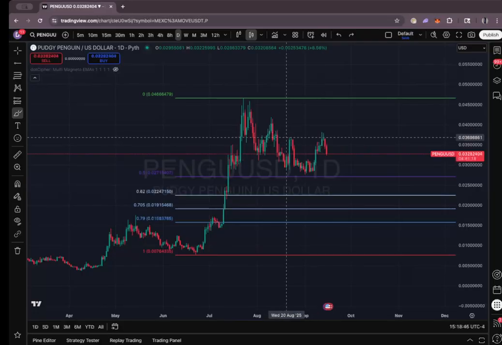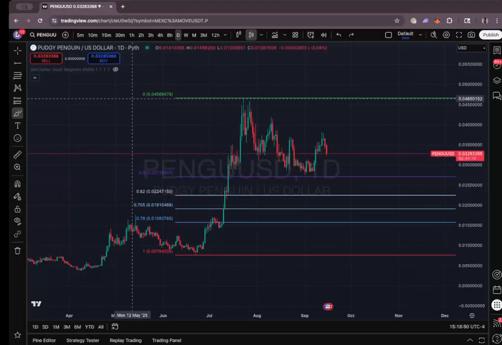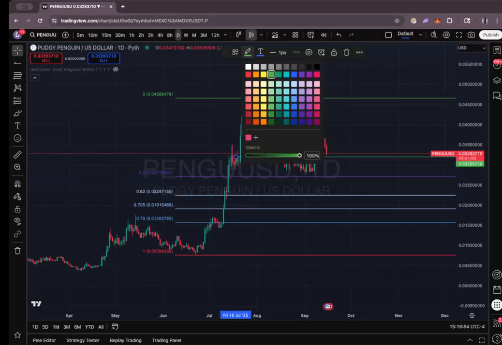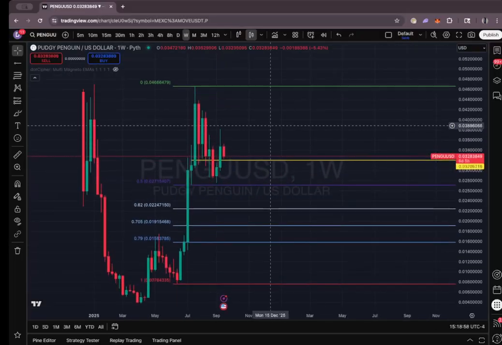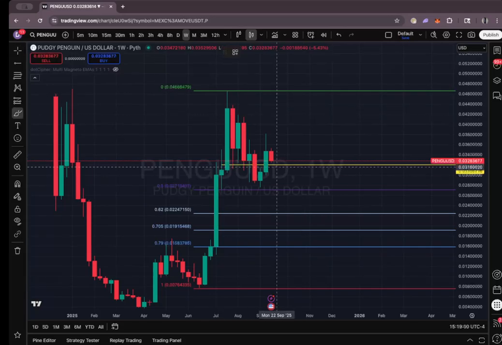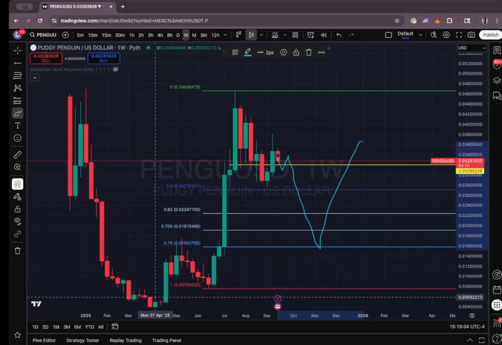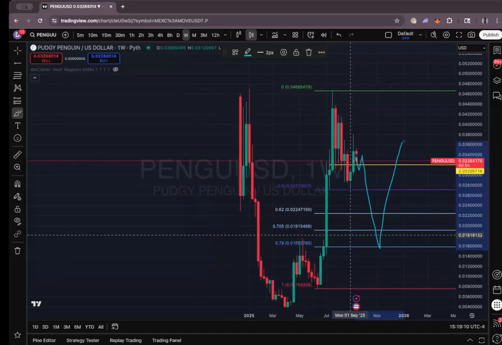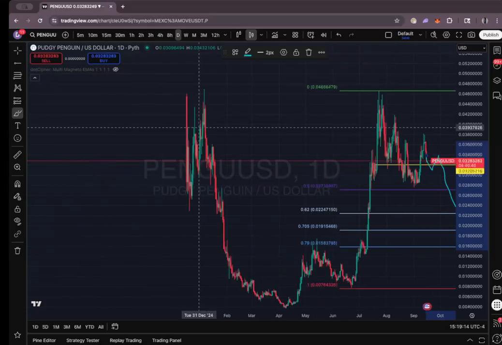We have a low that we closed under already. 2 weeklies, 2 dailies. We got a weekly close right here. Here's a weekly right there. If we close this week under 0.32, we're going to do this. Whoop, see you later, all the way down. Possibly down to 0.13. Pretty bearish on this.